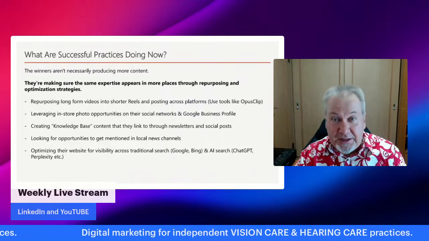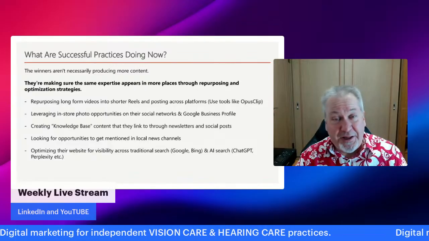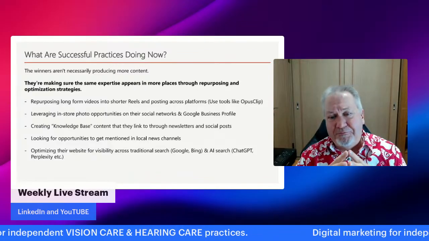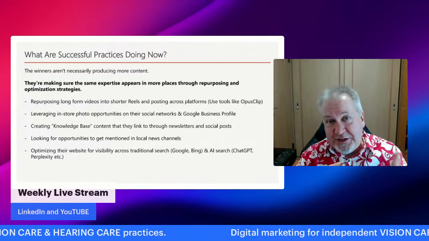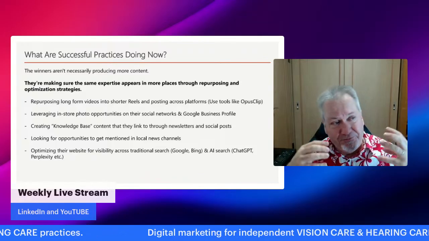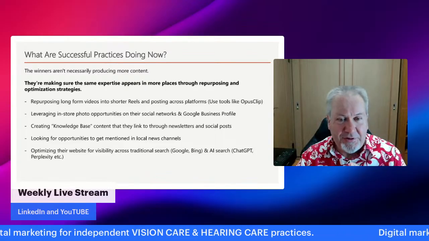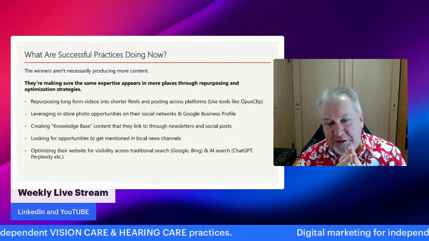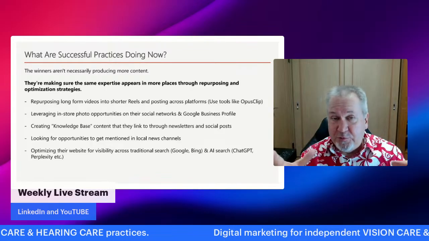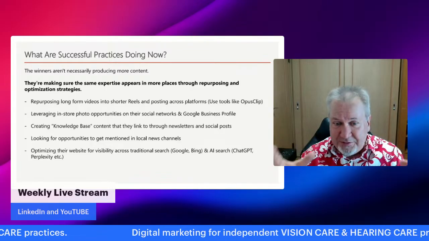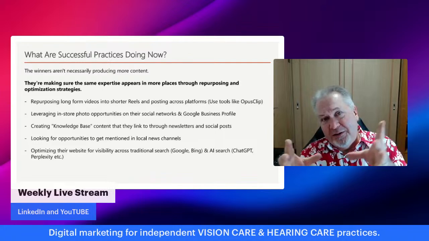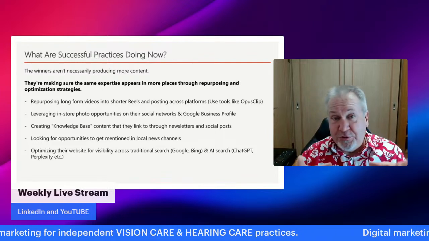And again, that's a whole video in itself on how to do that. But there are technical aspects to it. Simply having the content on your site in the first place is also a necessary step. So this is what practices are doing to get more visibility for these new forms of search behavior.